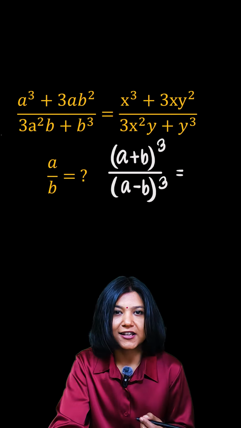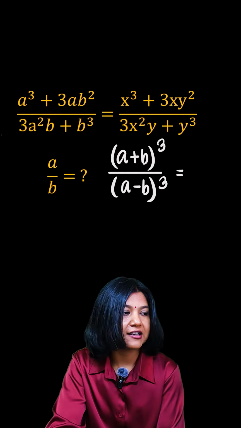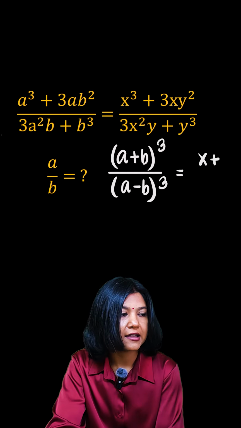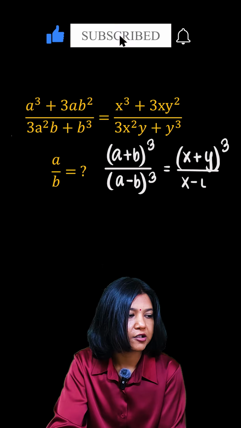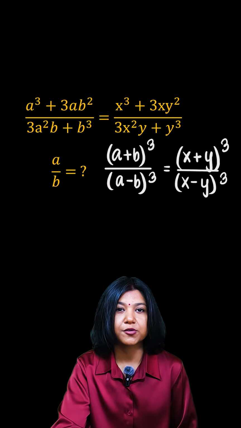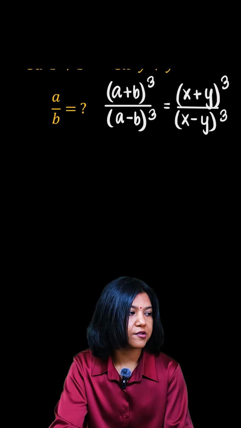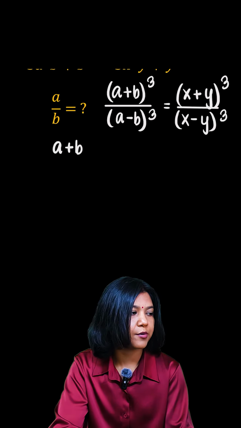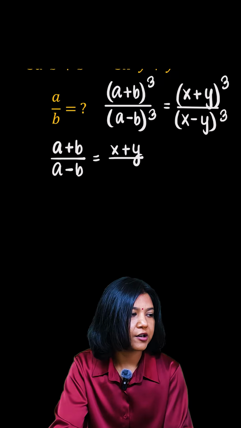Likewise, if you look at the right hand side, you have the same pattern. Upon adding them at the top, what I'll get is simply x plus y the whole cube, and subtracting gives me x minus y the whole cube. Now the best part is all the terms are cubes here, so I can take the cube root both sides, and then I'll have my terms without the cube.